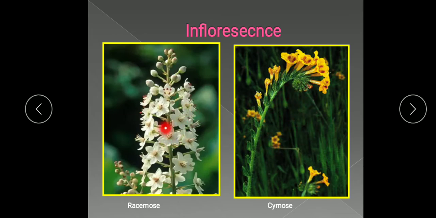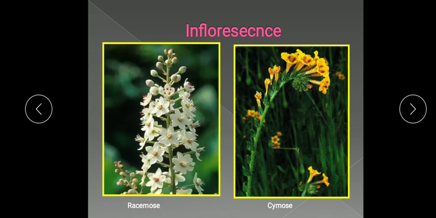You see here the two inflorescences I showed you. Many flowers arise on a branch, and they help in pollination also. How? In a single visit an insect can pollinate all the flowers. Therefore inflorescence combines economy with greater chances of pollination and surety of abundant seed production. Now, types of inflorescence. There are two types on the basis of the order of development of flowers within a cluster: racemose and cymose.